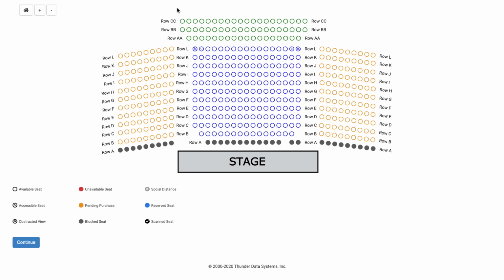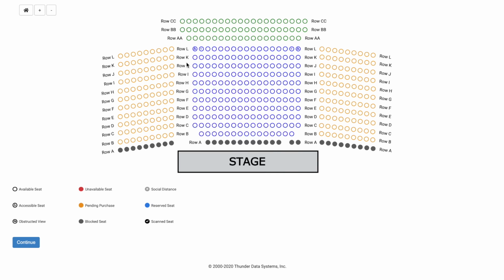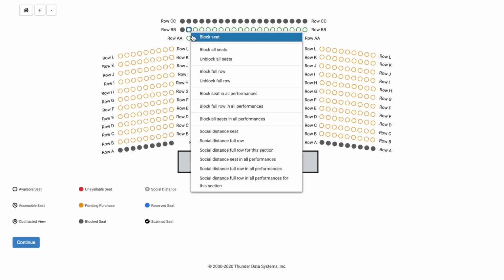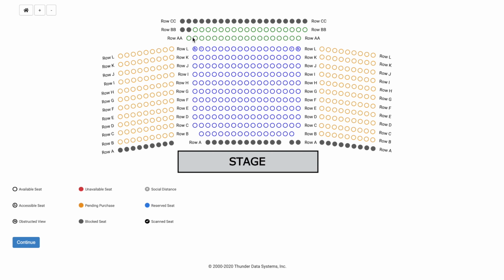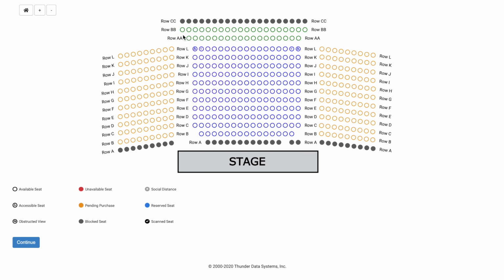If you are setting aside a row of seats for the house for a single date, choose the Block Full Row to block only the seats for a specific performance. Let's say we receive an email request to block 2 seats for family members. To block any seat, again, right-click on the desired seat and then left-click on a blocking option here. Perhaps we don't receive the check by the deadline, so now we want to unblock the seats. Simply right-click again and select the appropriate unblocking option by row or seat.